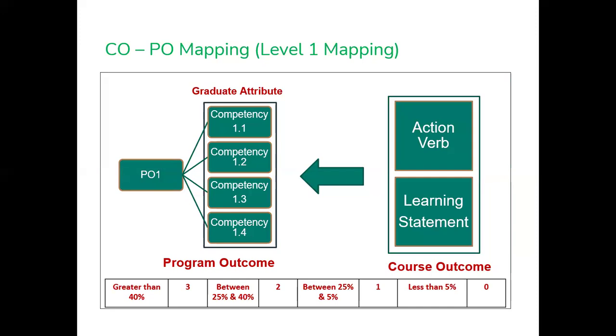And actually, this is the process, but I can tell you, by practice, you can do it in an easy way. And this is only a one-time activity. Maybe you'll be teaching 3 or 4 subjects, courses in a semester. So it will take maximum half an hour in a semester to do this process, CO-PO mapping. If you are teaching 4 subjects, then 2 hours in a semester. At the beginning of the semester, you can do the CO-PO map.